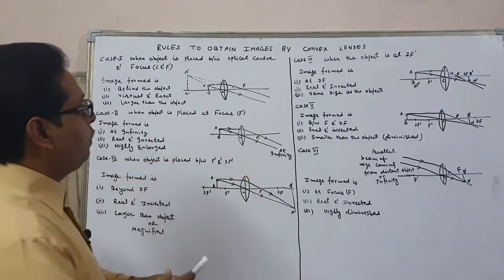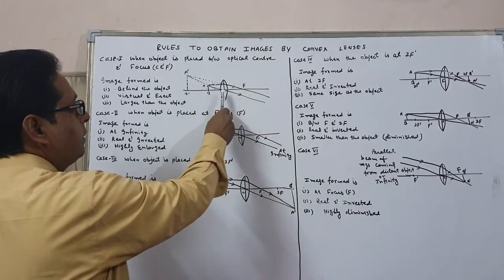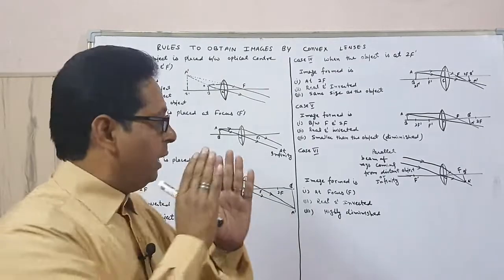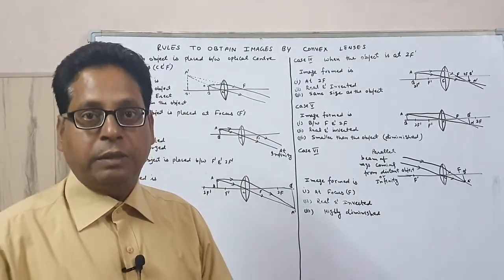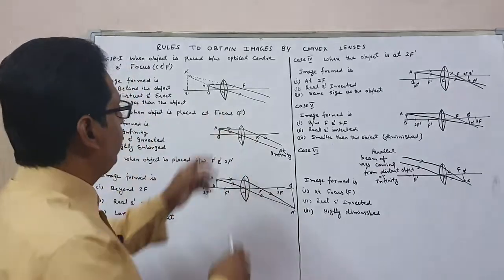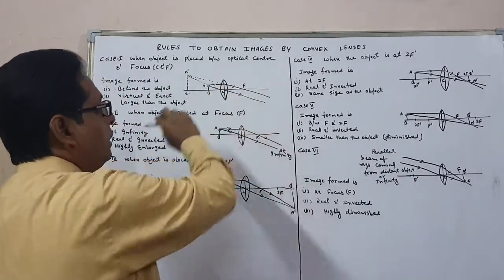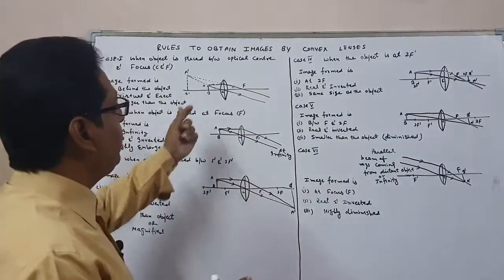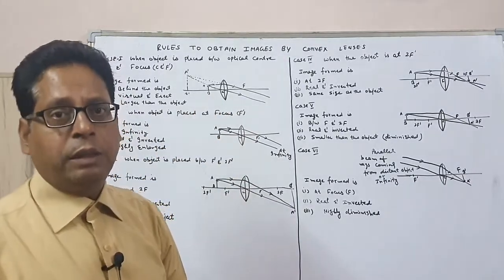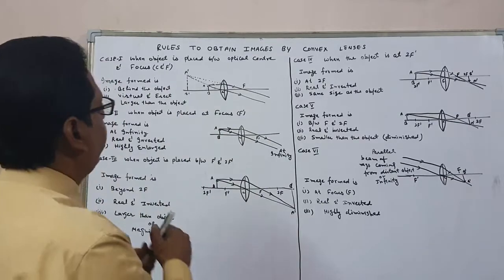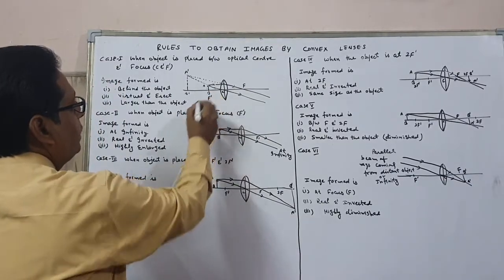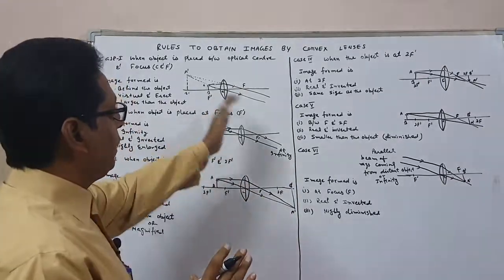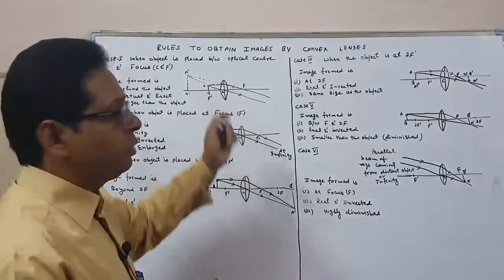So students, as you know, this is a convex lens. This is its optical center, and as I told you earlier, lenses are double refracting surfaces. There are two refracting surfaces, one on this side and the other on this side. Since there are two refracting surfaces, obviously they have two focuses, right? So in this case we will take F dash as one focus and this is F. It's just to differentiate the positions of the focus of the two surfaces.